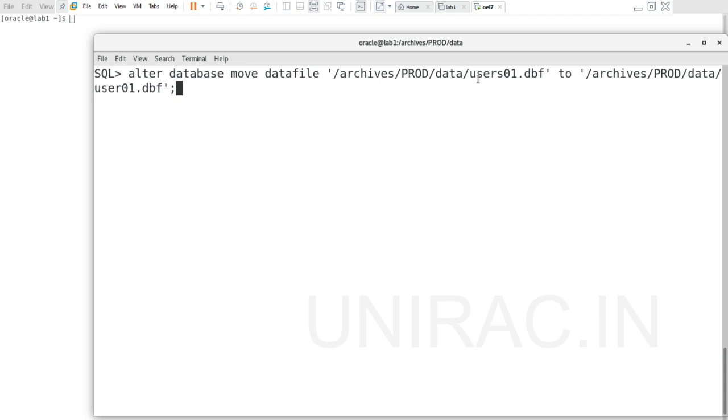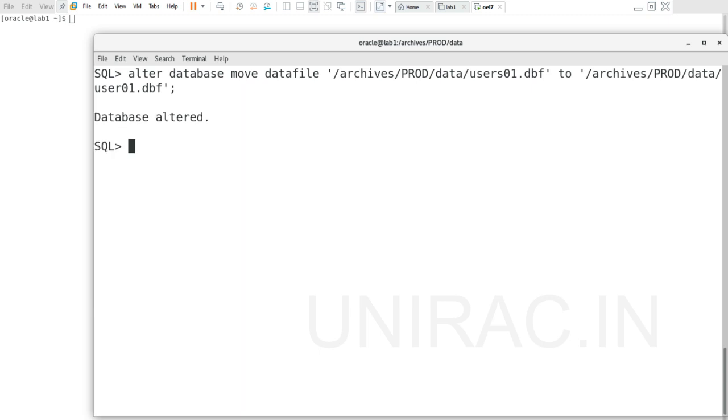So our objective is to change the file name. Verify the source and target locations are fine, and we are moving online without going offline. Verify the command twice before executing, and ensure that the source and target paths are correct. Let's execute now.